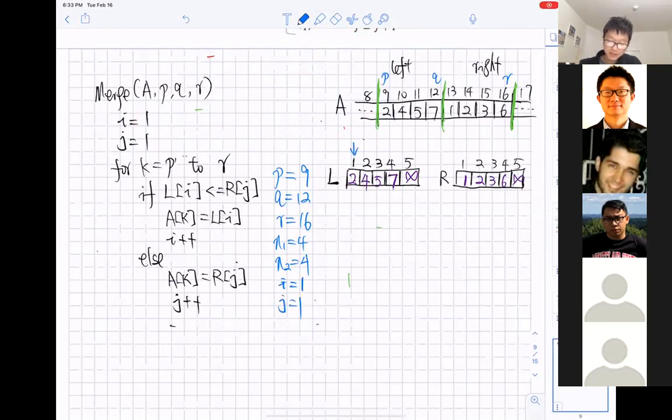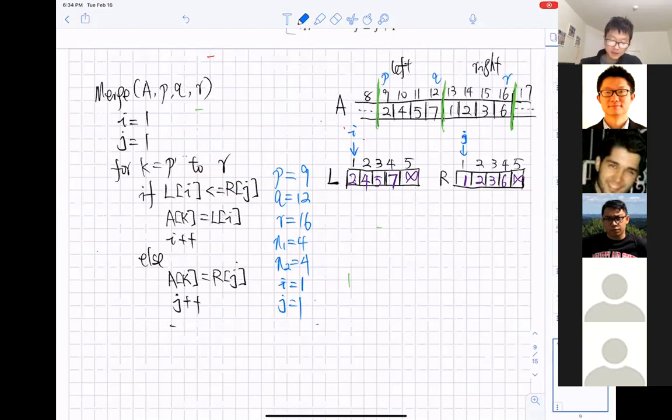If you go over the following part of the code, you can see that we are going to use i as the index to the array L and use j as the index for the array R. So I'm going to put i over here and j over here.